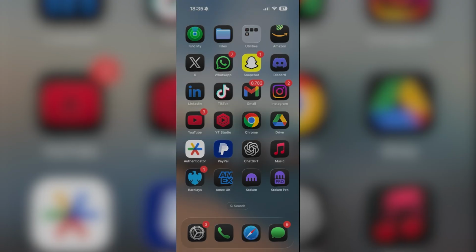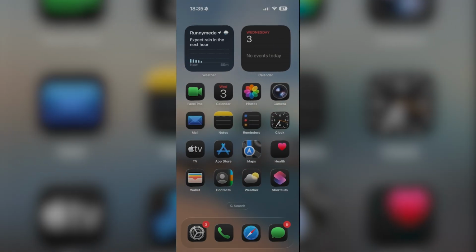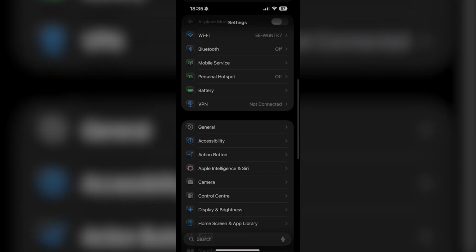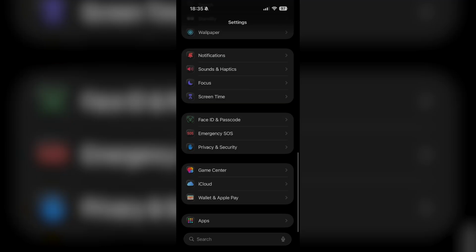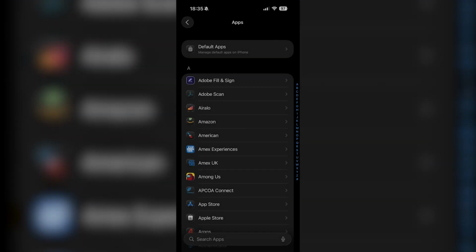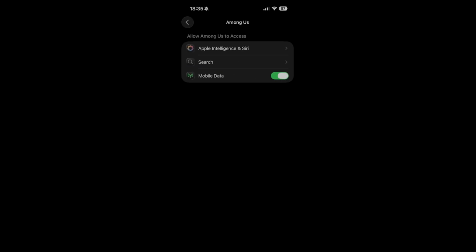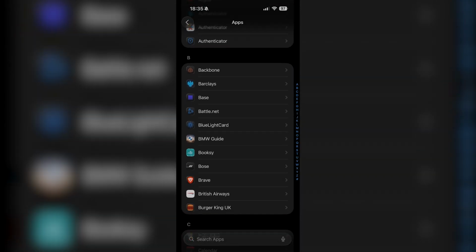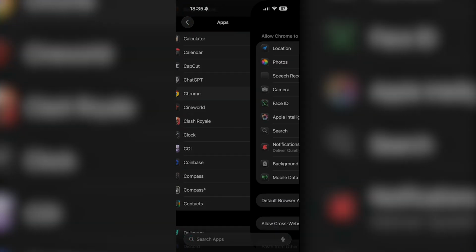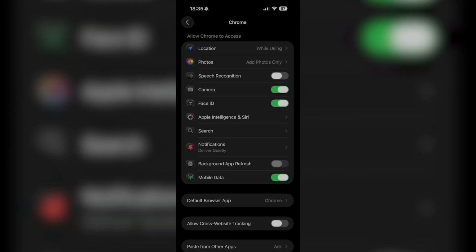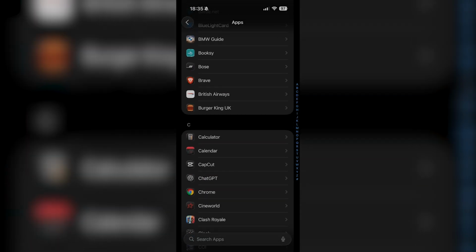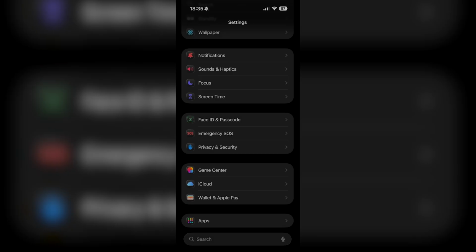Now, it's very easy if you want to go ahead and do this. Basically, all you want to do is go to the bottom left and press Settings, like so, scroll down, and you're going to see a lot of options. So for example, if I went to Apps right now and I went to something social, for example Chrome, I have photo access right there, so I can actually give it photo access. But let's say that option wasn't there for a certain application I wanted, where it